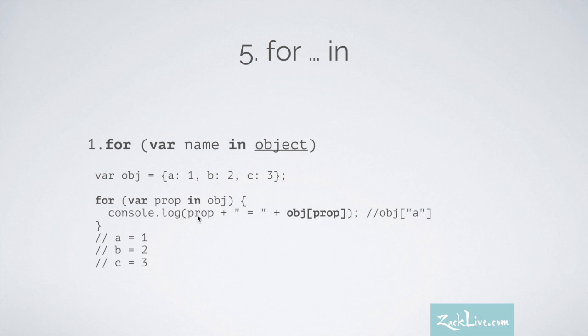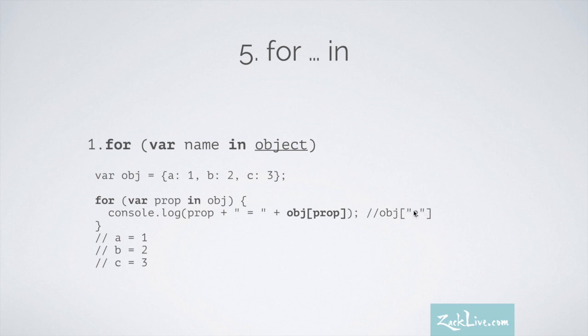We have prop, which is the name of the property, and then we have object square brackets prop. So prop will be evaluated to be the name of the property, such as A. So we will have object A. A is a string, so there is a quote here, and then we can get the